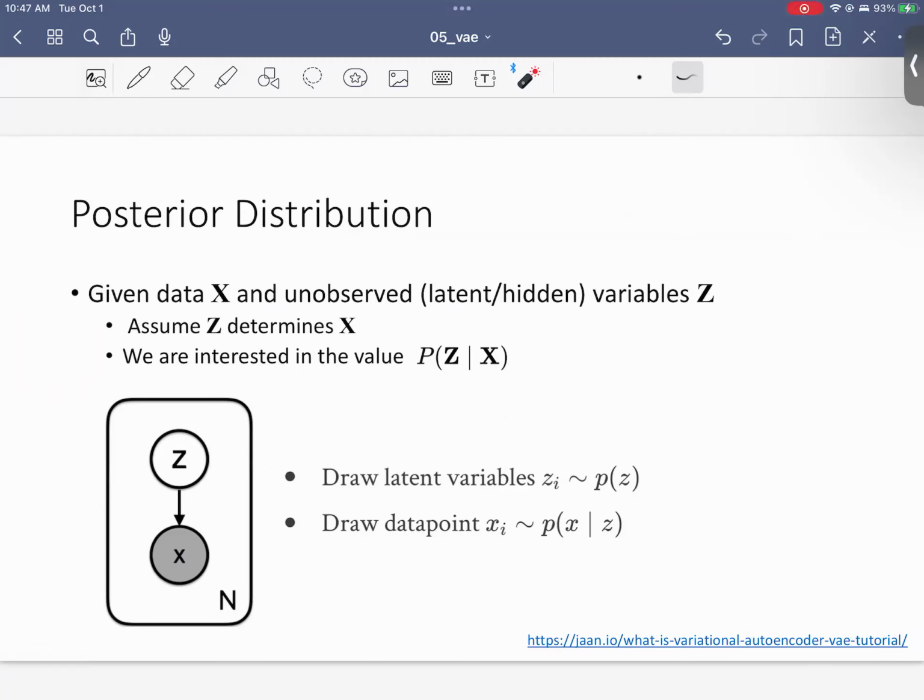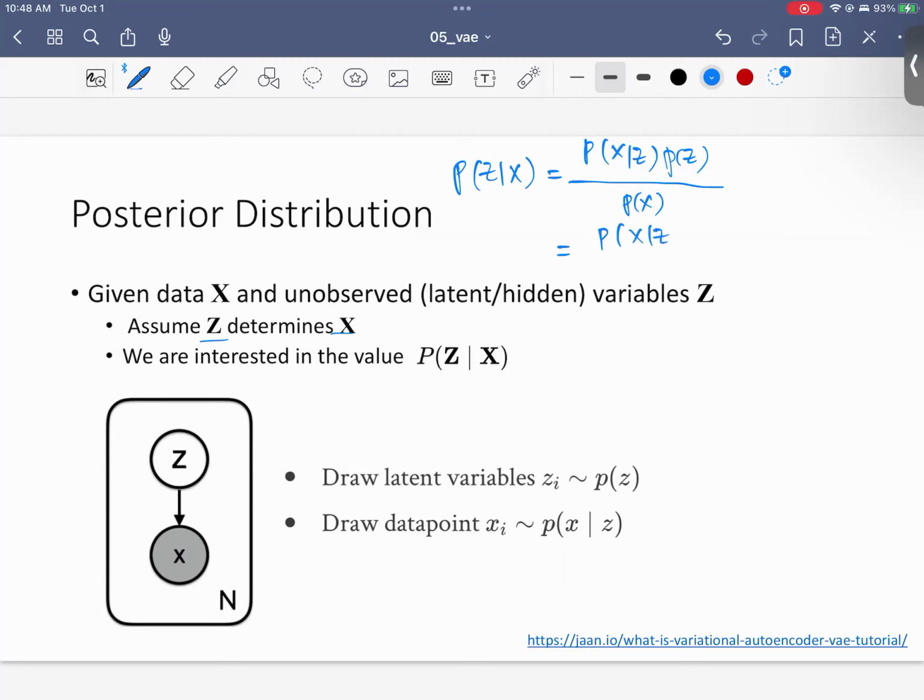Everything about variational inference: the objective is to infer a posterior distribution. If you are familiar with Bayesian principles, there's a hidden variable z and there's x. For example, the posterior distribution would be p(z given x). Using the Bayesian principle, there's p(x given z), which is the likelihood, and there's p(z), which is the prior, and then there's p(x), which is your evidence, and we can rewrite it as p(x given z)